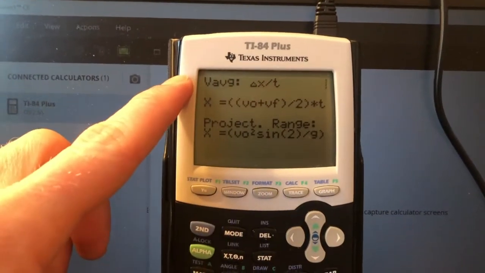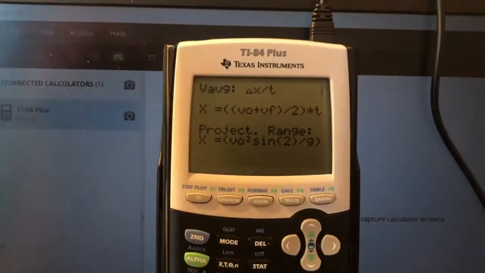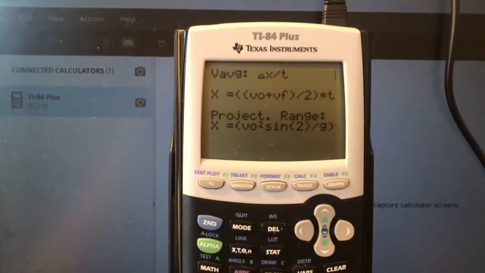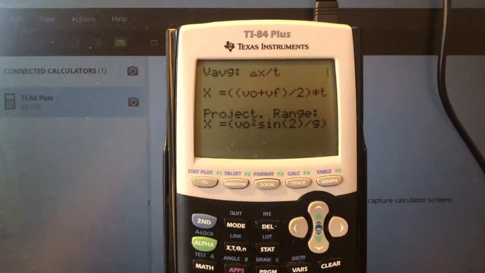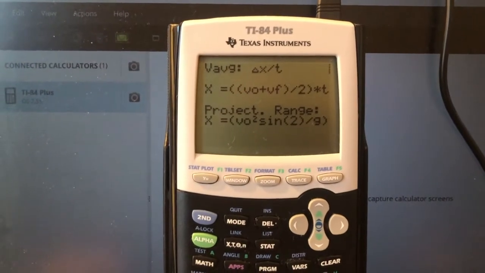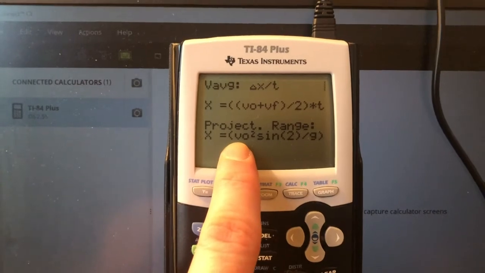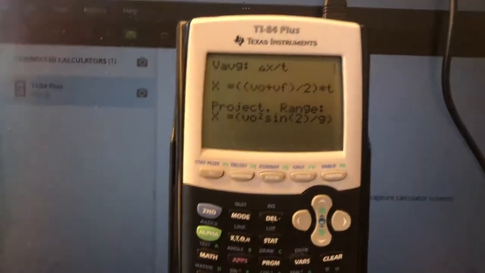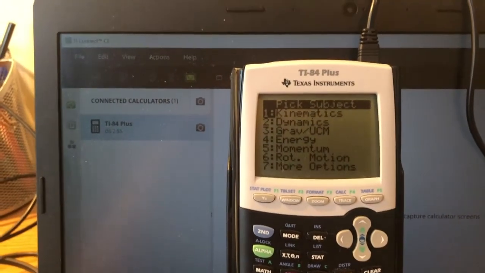Kinematics, you got your average velocity equation, delta x over t. You got an equation for displacement. Notice this is just average velocity times time, where average velocity for an accelerating object is initial velocity plus final velocity over 2, and then of course times the time, and then you have your range equation for the projectile. Notice the only thing missing here is the angle theta. This is supposed to be v naught squared sine 2 theta over g. That's a mistake. Of course, you can blame the kid who originally wrote this, but of course, he's the only